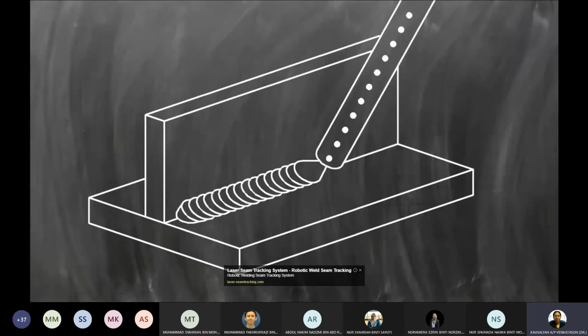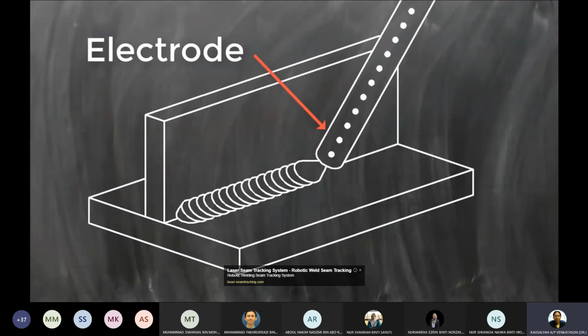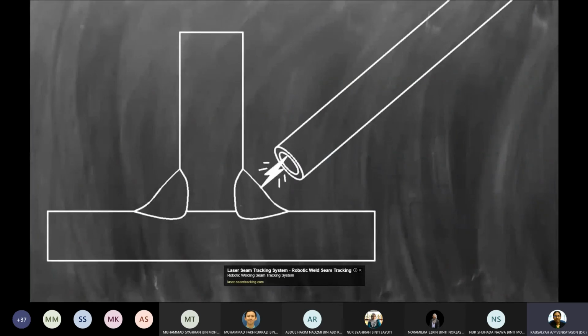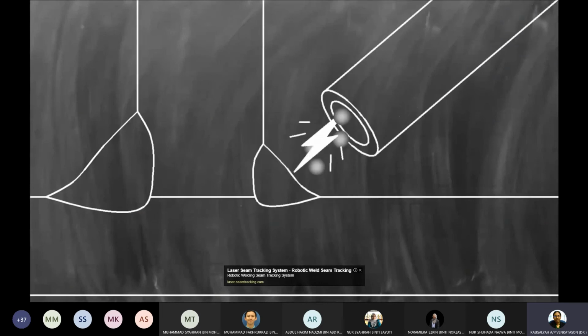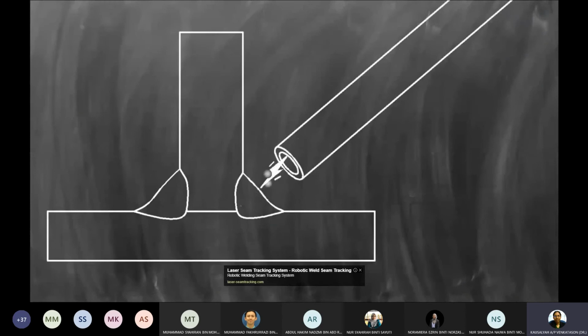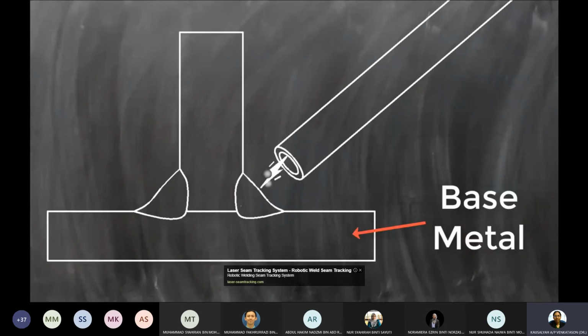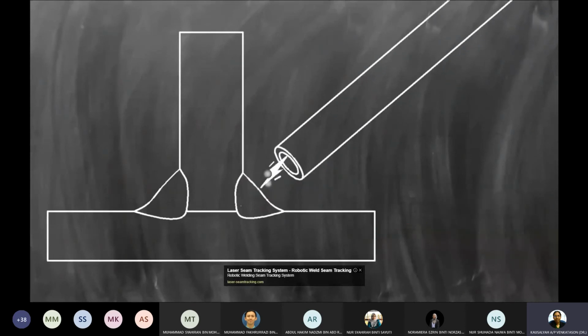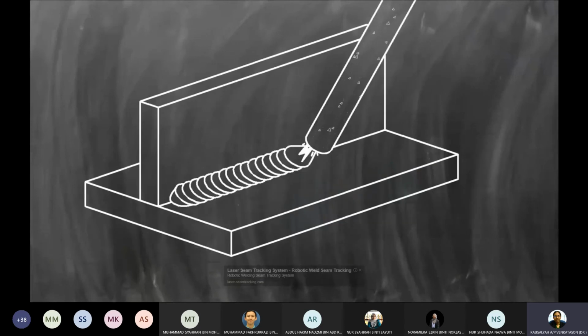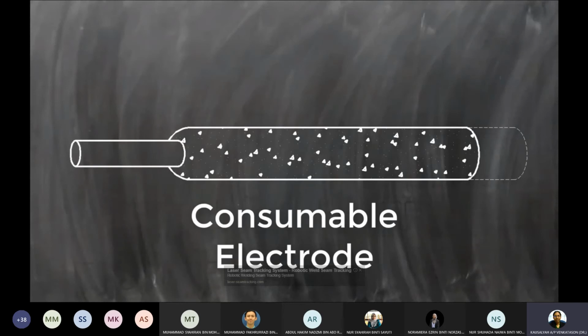In stick welding, an electric current flows through a metal electrode or stick. An arc forms between the end of this electrode and the workpiece. The arc melts both the metal in the rod and the metal in the pieces to be joined. The metal from the electrode is ejected into a molten weld pool and mixes or coalesces with the workpiece. The metal in the workpiece is called the base metal, and the metal added to the joint from the electrode is called filler metal. Stick welding always adds filler metal to the joint. Because the electrode is constantly melting away and becoming part of the welded structure, stick welding is known as a